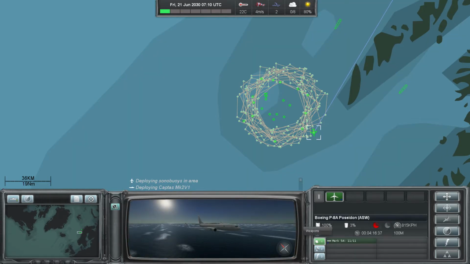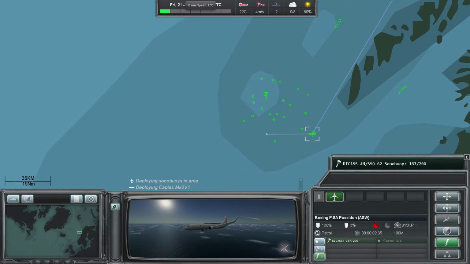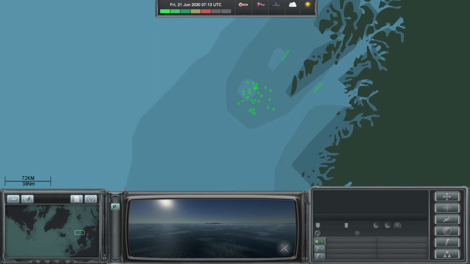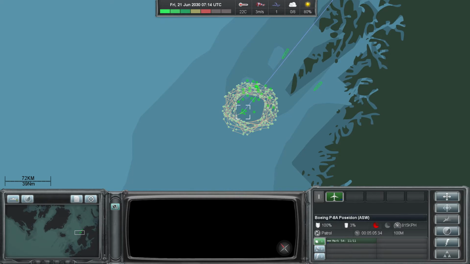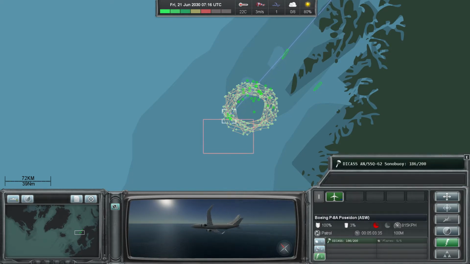Okay, so this is the dispersion pattern, and you can see the P-8 Poseidon now has expended only a few of its sonobuoys in a pattern. You can see that circular flight path, and that's automatically determined by the aircraft when you drag and drop your rectangle. That's the pattern, so that's what 200 sonobuoys will look like eventually, but I want to move it slightly